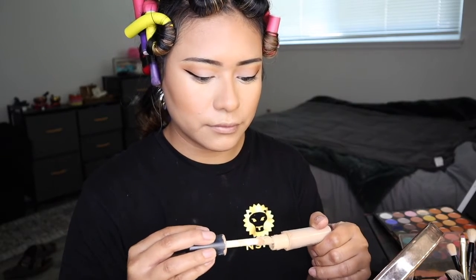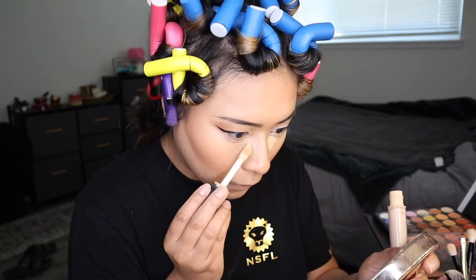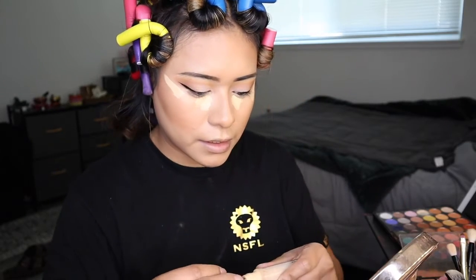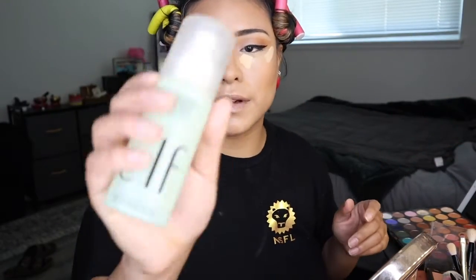Alright, and so now it's time for concealer. So I put a little right here, and then up. A little right here, and up. I'm using the e.l.f. concealer, the 16-hour camo matte finish one. If you have drier under eyes, I would suggest using the hydrating one they have. I'm in medium warm, and what I do is I use my e.l.f. Stay All Night Microfine Setting Mist, and I